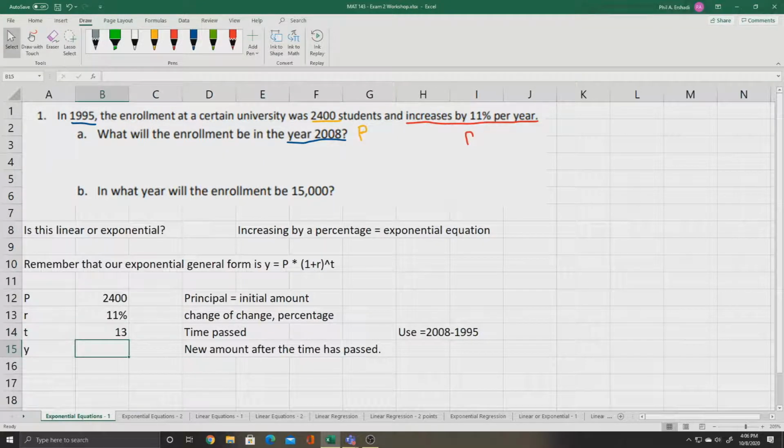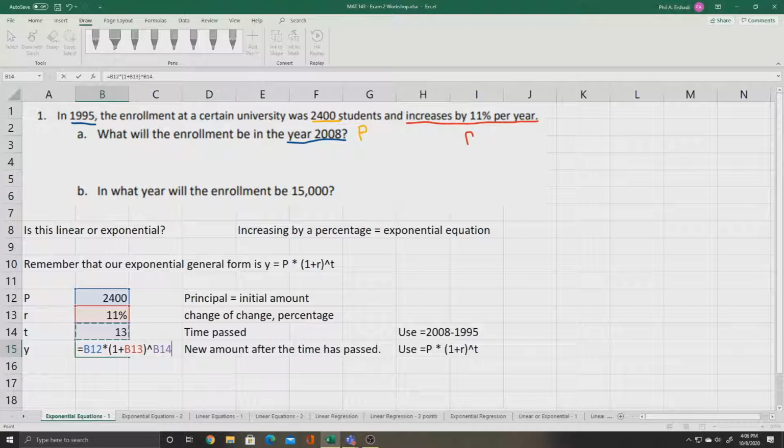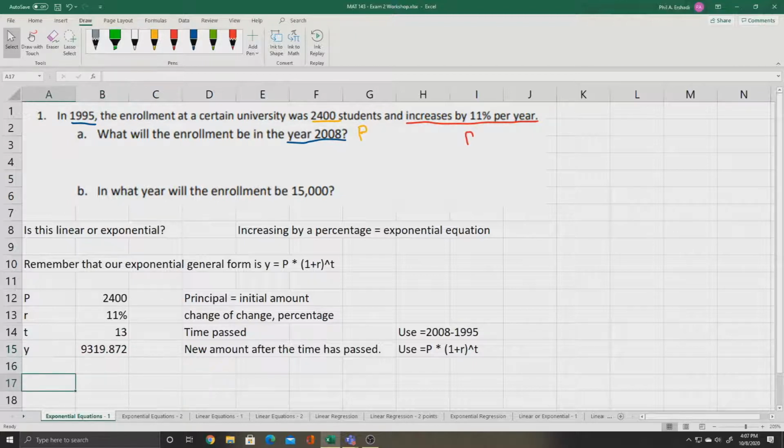Now to find the new amount, we use the general form that we wrote here. We will use equals p multiply 1 plus r raised to the t. Let's type that in the y box. Equals, click the p, multiply times parentheses 1 plus r, which is in the r box, and then raise to the t for time. And press enter, and we will have our new amount after that time has passed, and the number of students we would have would be